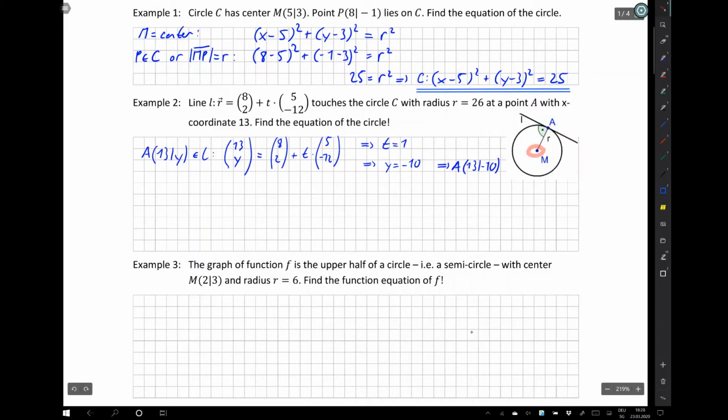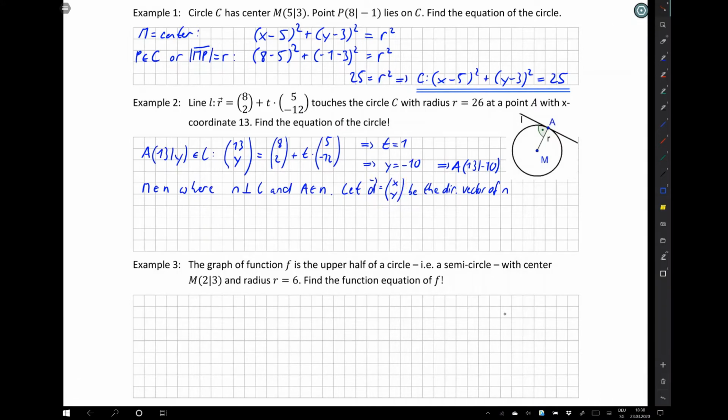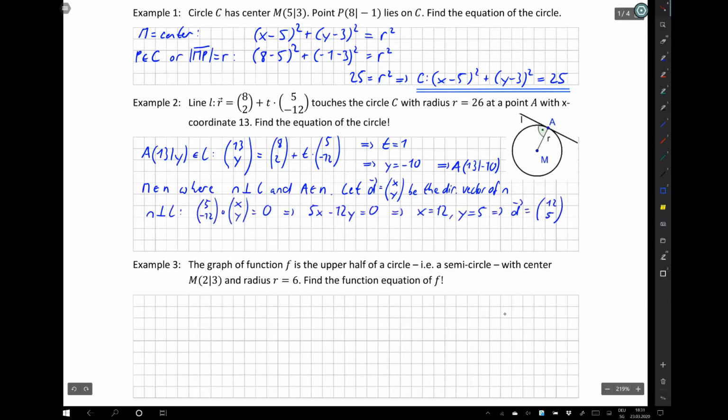The center of the circle lies on a normal line to the line L through the point A. Let now d vector with components x and y be the direction vector of this line n. Since they are perpendicular, the scalar product of their direction vectors is 0. We get 5x minus 12y equals 0. Well, the simplest way to set that equal to 0 is by choosing for x the 12 here and for y the 5 here. So we get x equals 12, y equals 5,